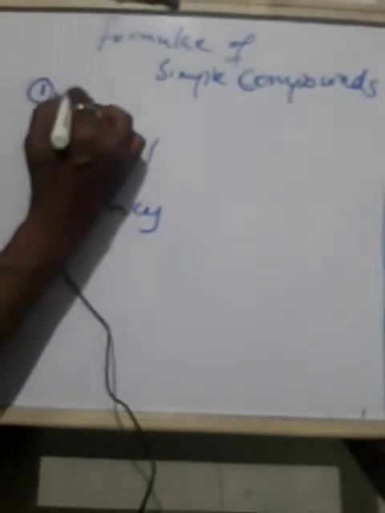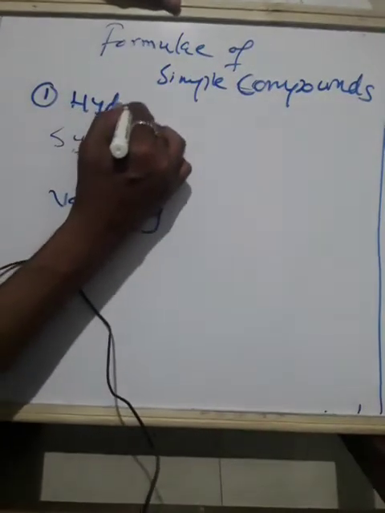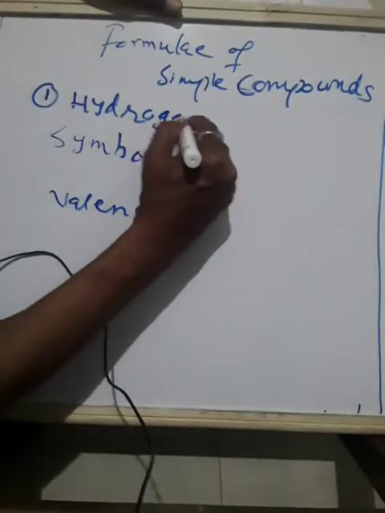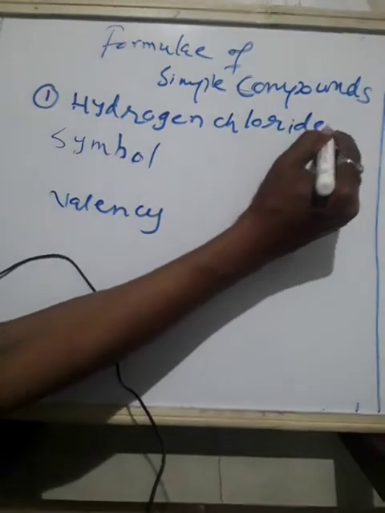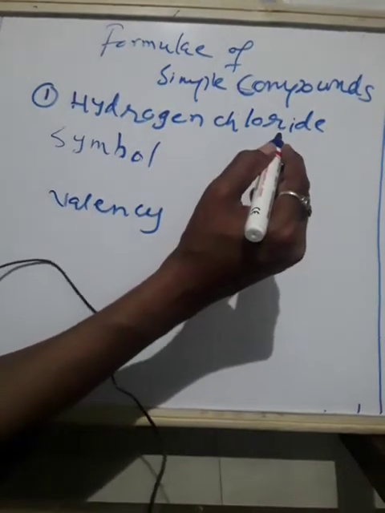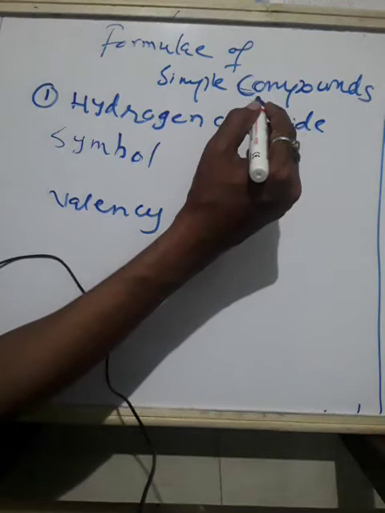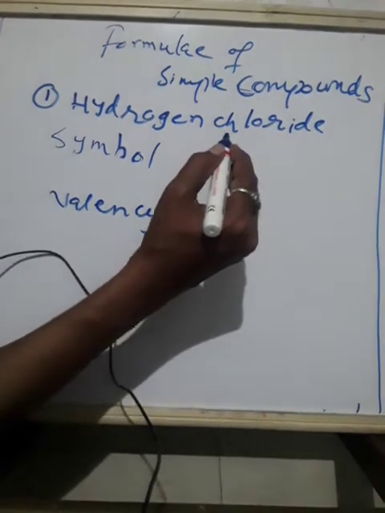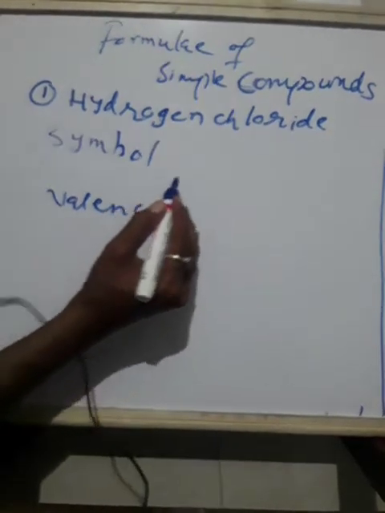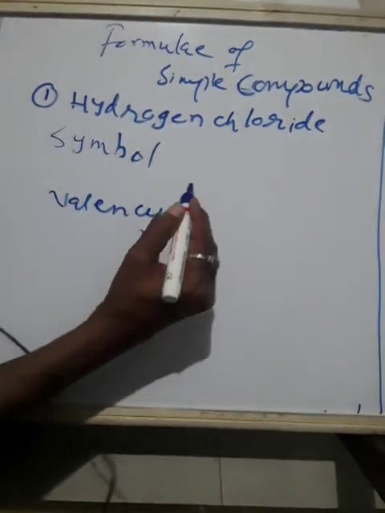So suppose you are writing the formula for which compound? Hydrogen chloride. While practicing the method of writing chemical formula, you should keep the book in front of you and just glance at page number 37, box 3.6, table 3.6. That makes it easy to write the chemical formula.